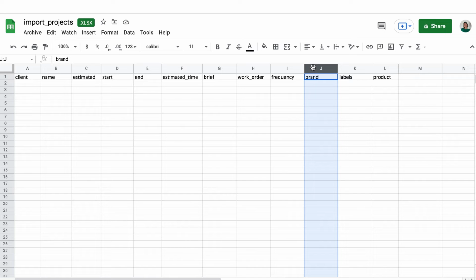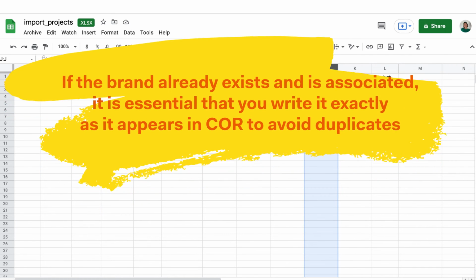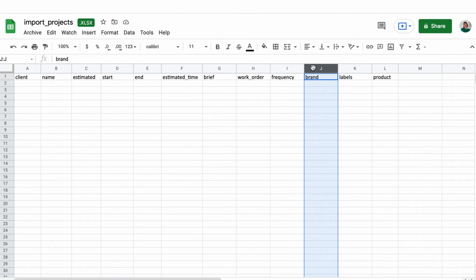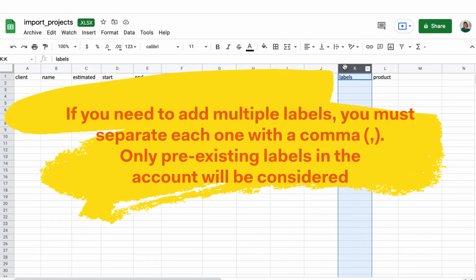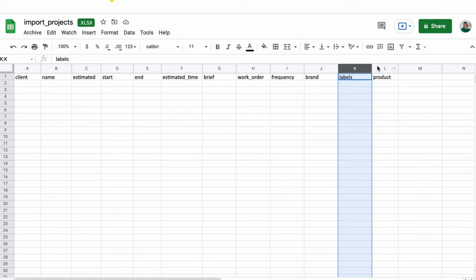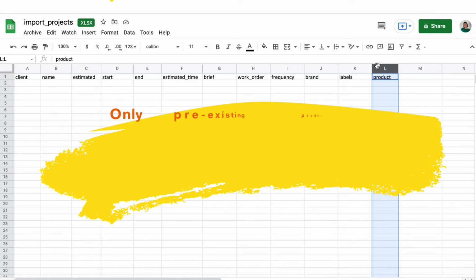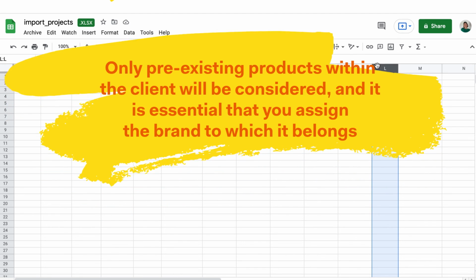Brand. If the brand does not exist in the account and is not yet associated with the client, a new brand will be created. But if the brand already exists and is associated, it is essential that you write it exactly as it appears in COR to avoid duplicates. Label. If you need to add multiple labels, you must separate each one with a comma. Only pre-existing labels in the account will be considered. Product. Only pre-existing products within the client will be considered, and it is essential that you assign the brand to